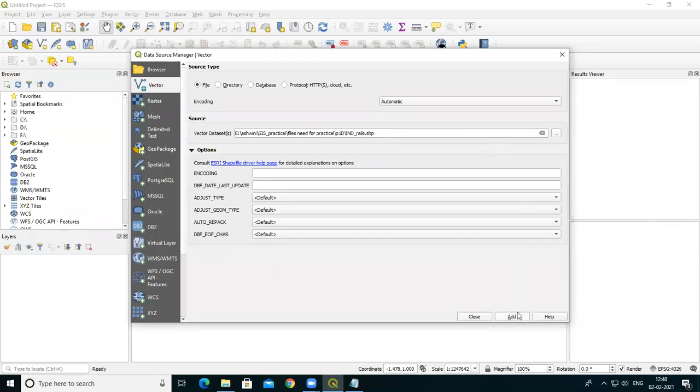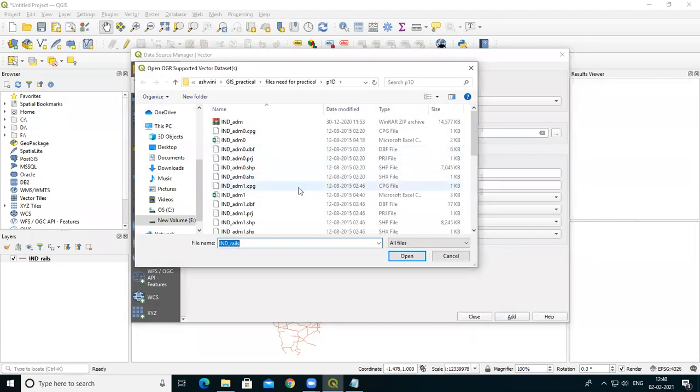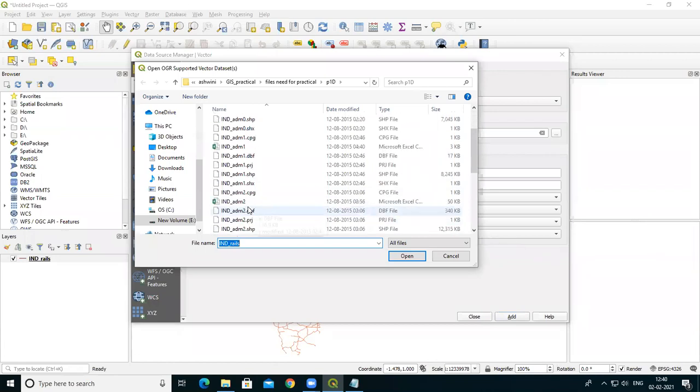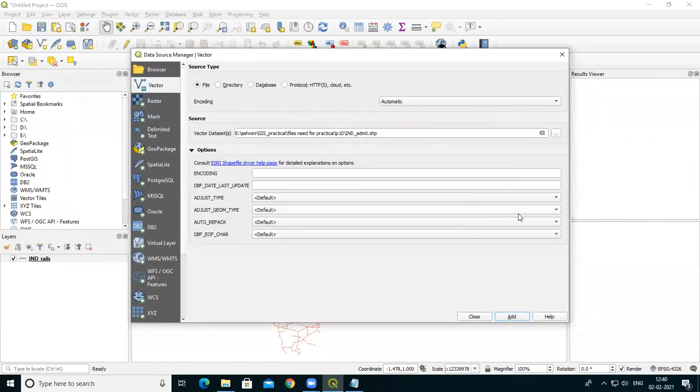Okay, so I add this component here on the vector layer. Then there is also a need to add another vector data set, that is Indian 0 underscore ADM 0 .shp. That is the file we need here. Then open and add.